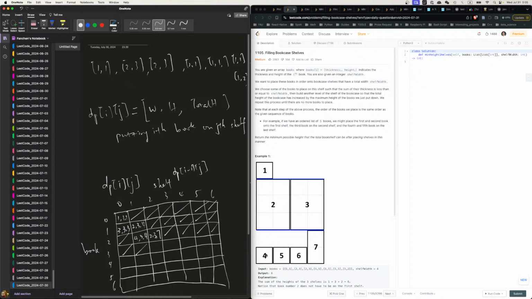So if I'm on shelf 2, right? If I'm on shelf 2, I can look at my previous book either on shelf 1 or my previous book on shelf 2. I have two options, right? I look up or look diagonally. So if I look at the previous book on shelf 2, we can get a 337, right? Or I look diagonally on shelf 2,